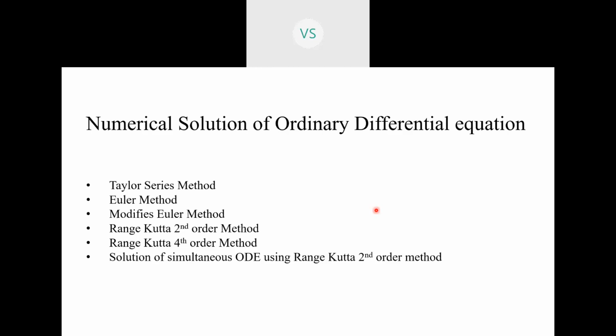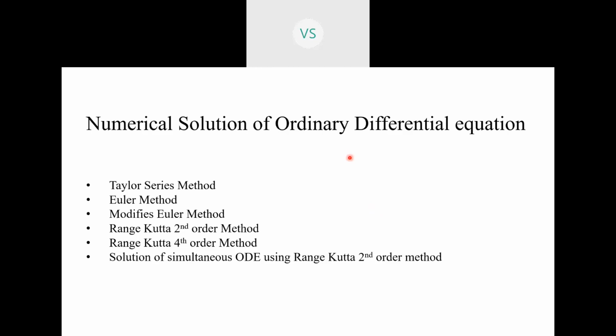As you know, differential equations are equations which contain some derivative term. We call it an ordinary differential equation when there is only one independent variable, that is, we are differentiating with only one independent variable. When two or more independent variables are involved, we call it a partial differential equation.